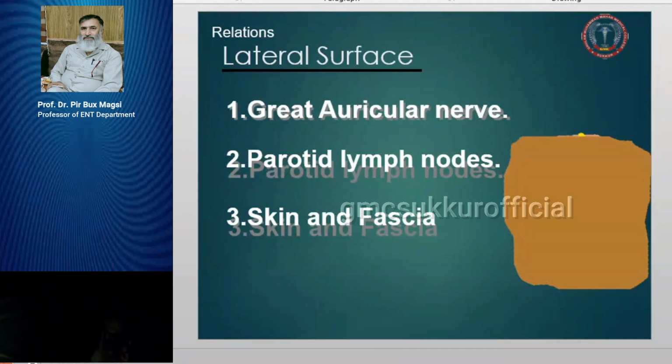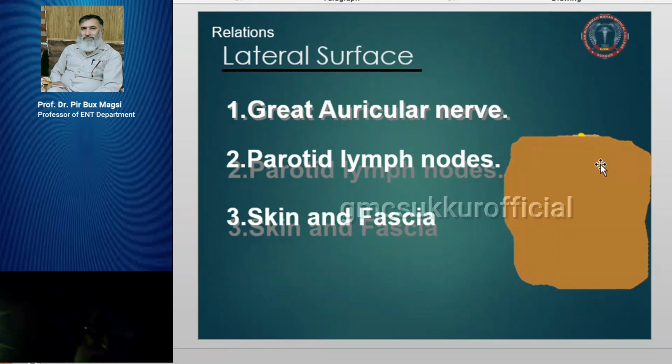You see, lymph nodes are also present in the parotid gland, and these are affected by even tuberculosis, even by lymphoma, and sometimes the diseases of the testes. These also come into the parotid area. So these lymph nodes are very, very important because these are the drainage areas from the ear, from the face, from the skin of the neck. So these lymph nodes are very, very important.